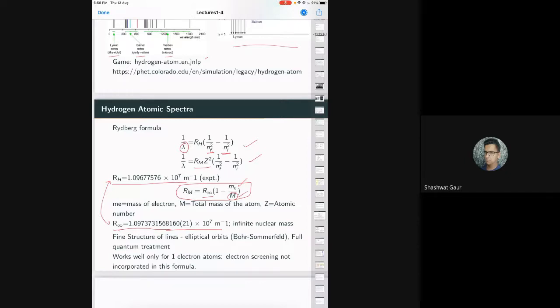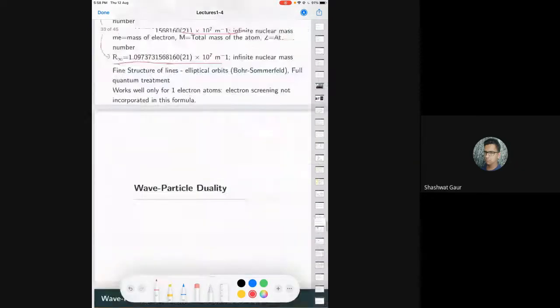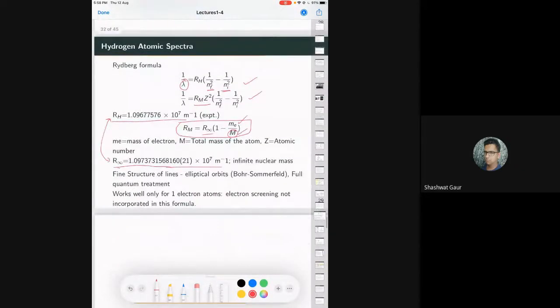So R infinity was called the constant for infinite nuclear mass. So you can find the Rydberg formula in two alternative forms. I just wanted to clarify what they meant. So I believe in school you have learnt this first one with RH,